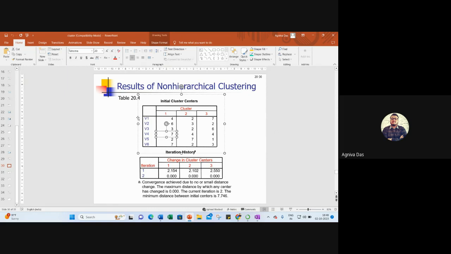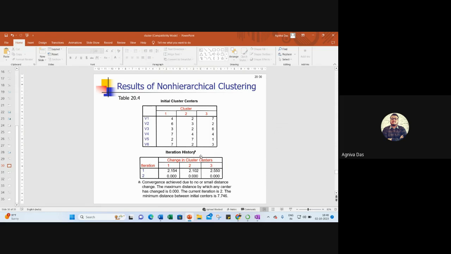Okay, so as I said, V2, V4, and V6 are for 1. So this is V2, no problem. V5 contains V2, only second cluster. So here only 2, and in V6 also we saw it in this way. Right. So we have 7 here, 2 here, and